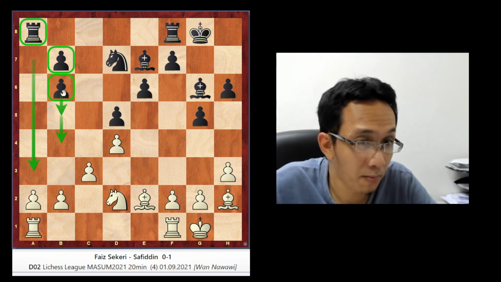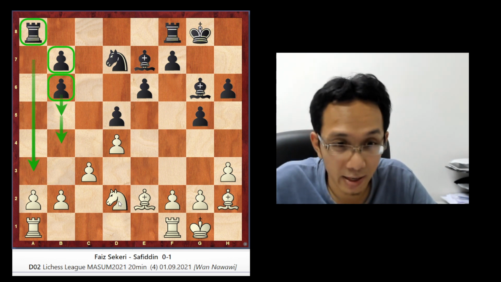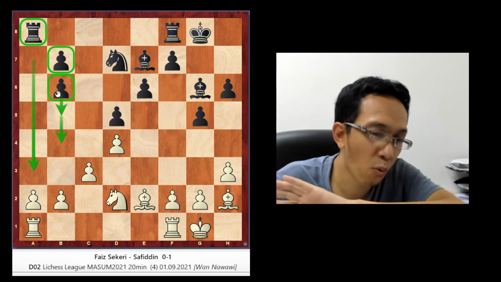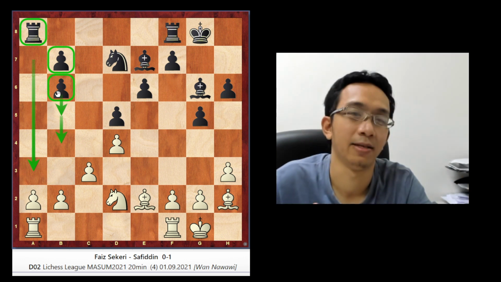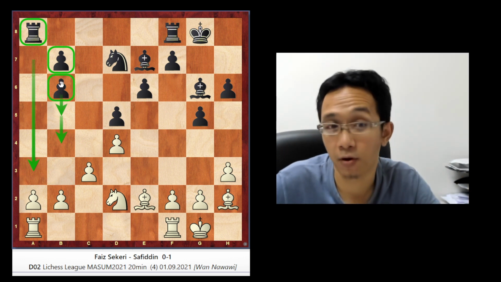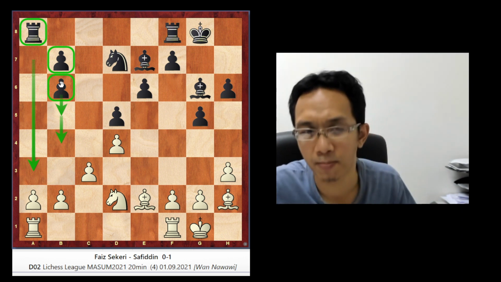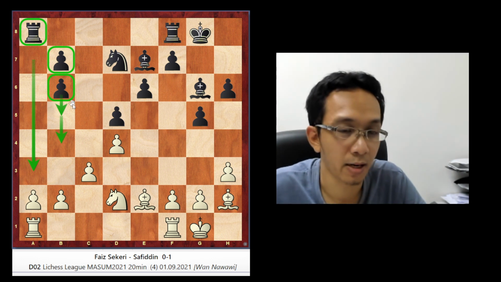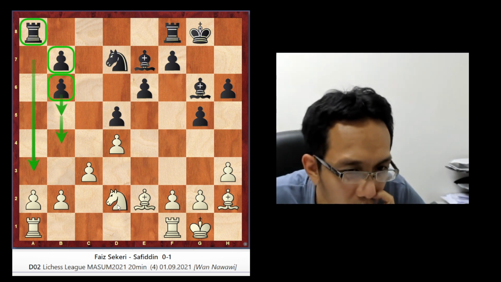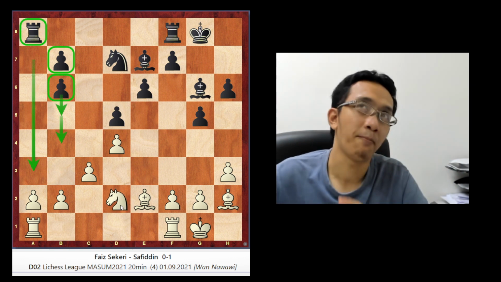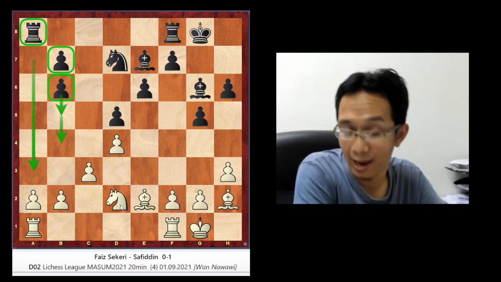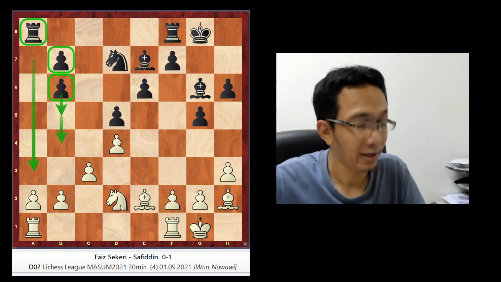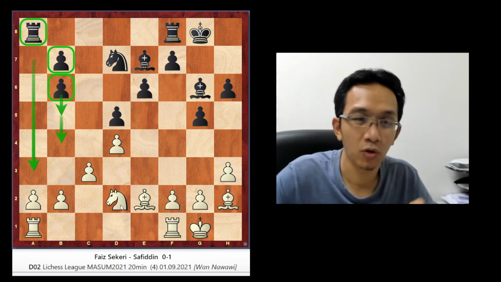For example, even though black has this double pawn, it's very difficult for white to attack this pawn yet. If white can go to the endgame, yes, this is totally a weakness. But for the time being, we cannot say that the double pawn on b7 and b6 is a weakness. So you cannot say, okay, I want to attack that. So how do you find the attack here? Even though you would like to attack, you need to play according to the position.